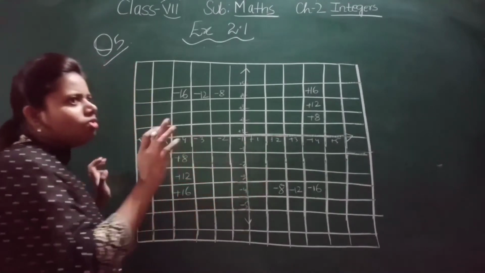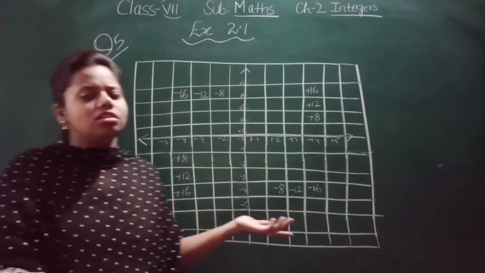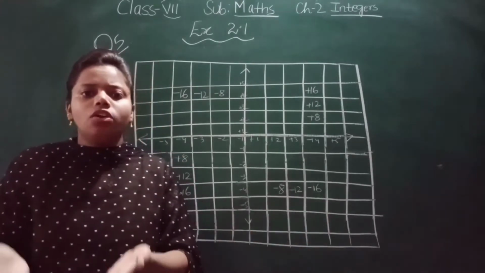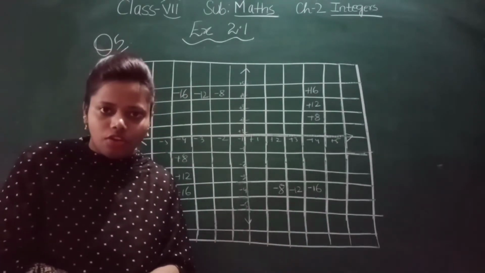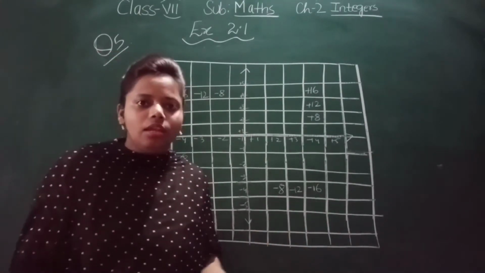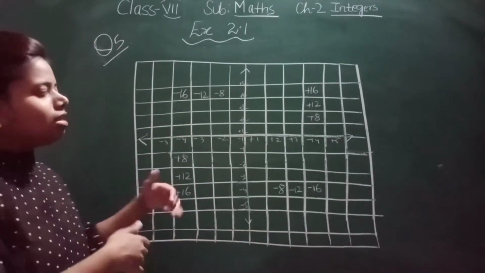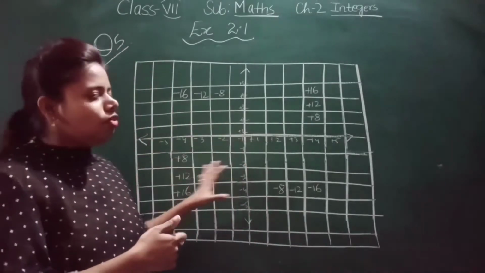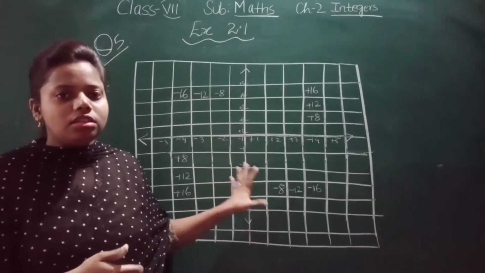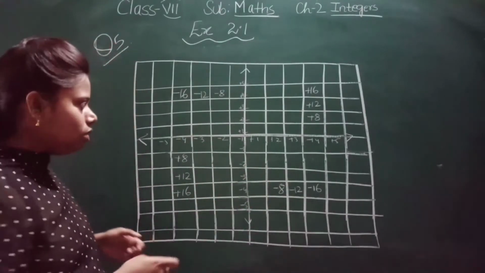You know that even when you change the order, the multiplication answer will be the same. 2 into 3 or 3 into 2, what is the answer? 6 only. So the order does not make any difference. Now let us multiply and fill it. I will do only a few, just to make you understand, and you can fill the rest by yourself.